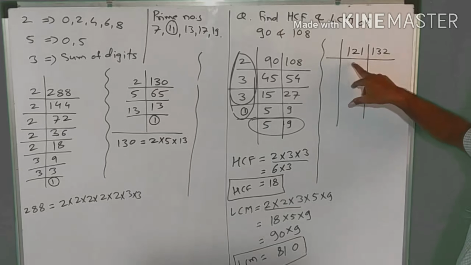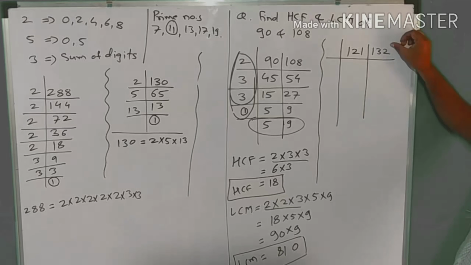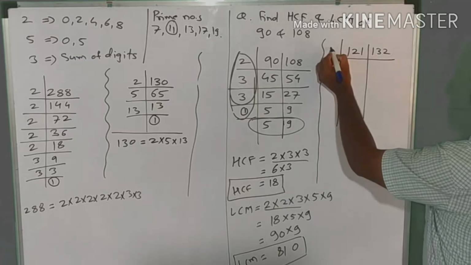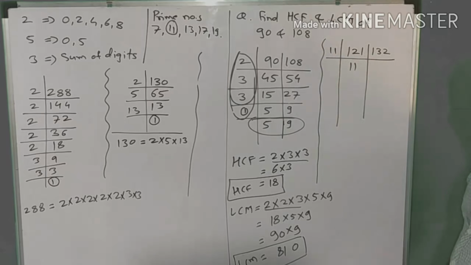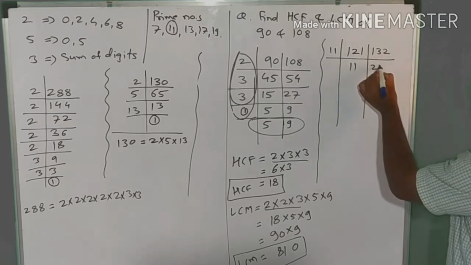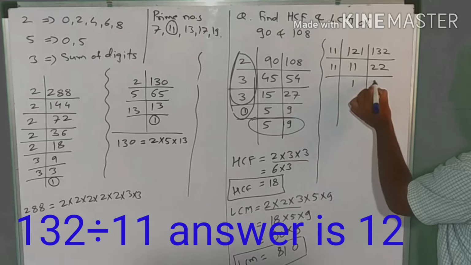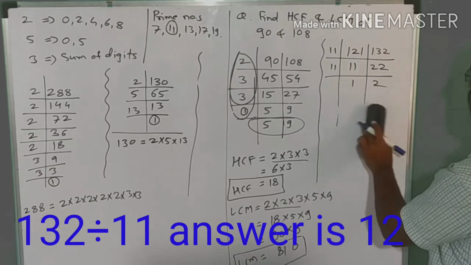11, 11 on the 11, 1 will be the remainder, 11 will be formed. This number is divisible by 11. Is this number divisible by 11? 11 on the 11, 2 will be the remainder. So both of the numbers are divisible by 11. If we divide this number by 11, the answer will be 11. Yes. And here the answer will be 12. Now both of the numbers are divisible by 11. Here will be 1, here will be 2. Right? 11 on the 11, 11 12s are 132.